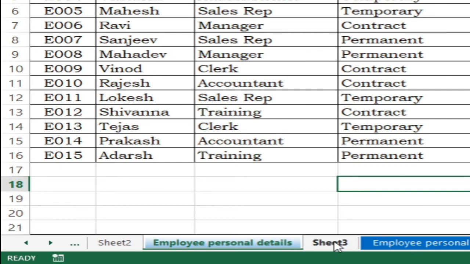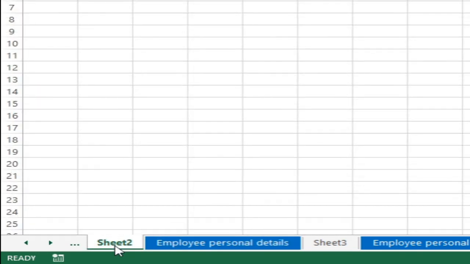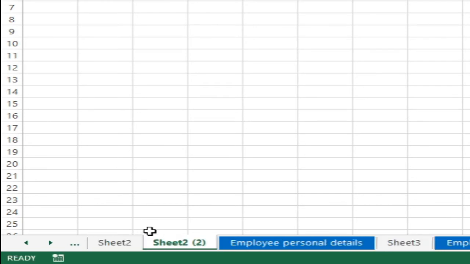Say I want to make a duplicate of this file, then I can just click on sheet 2. I will click this using the control button. So, control and drag. There is a plus symbol indicating that it is making another copy of this sheet. This is how you can make a duplicate of a worksheet using control and drag.